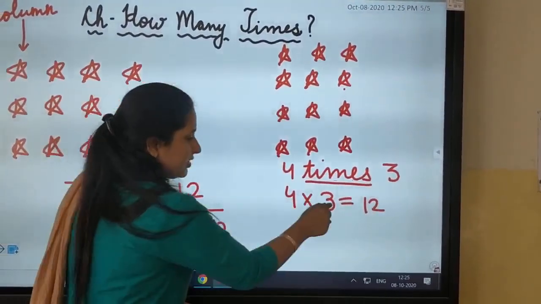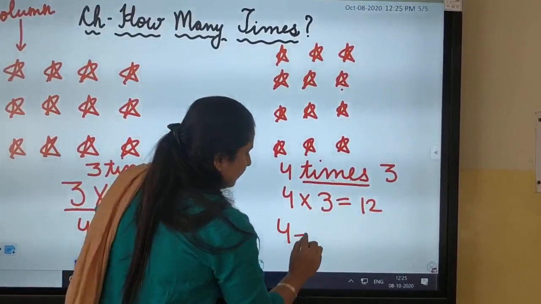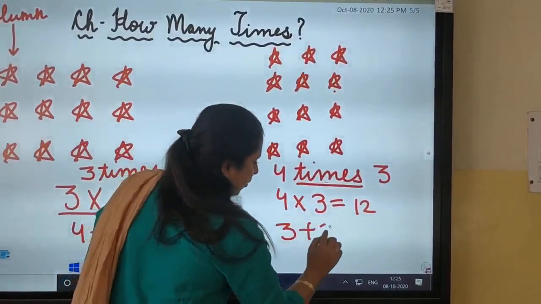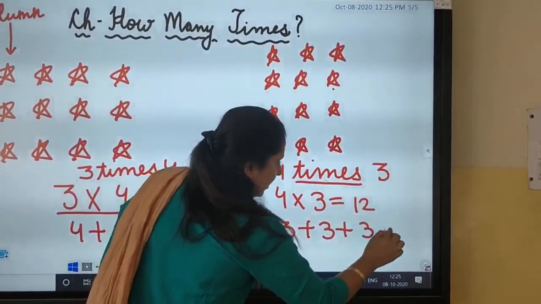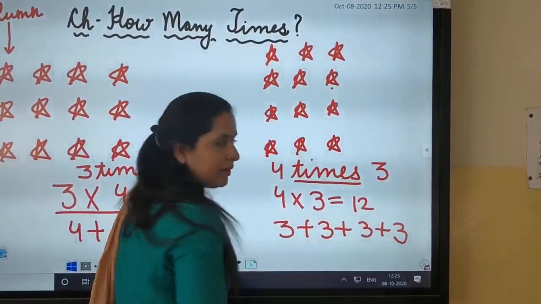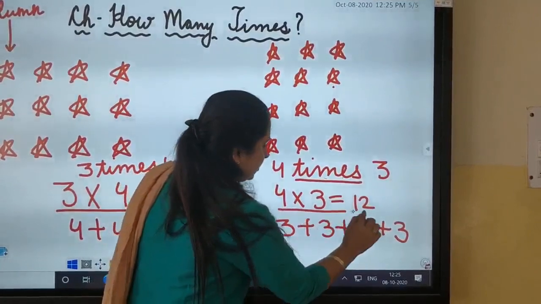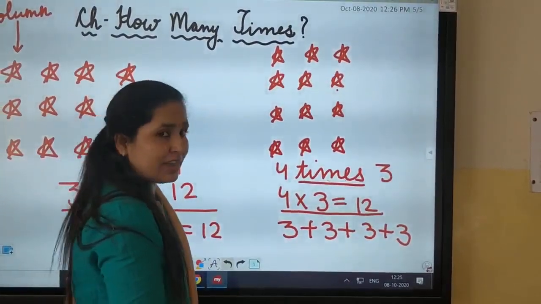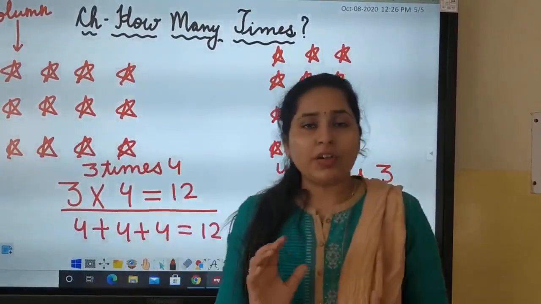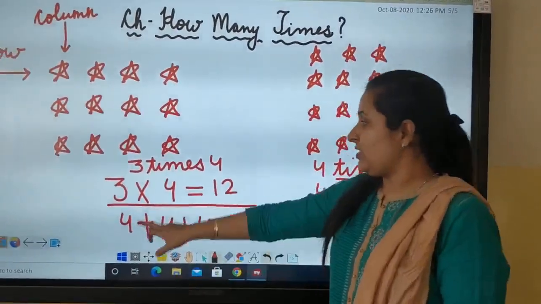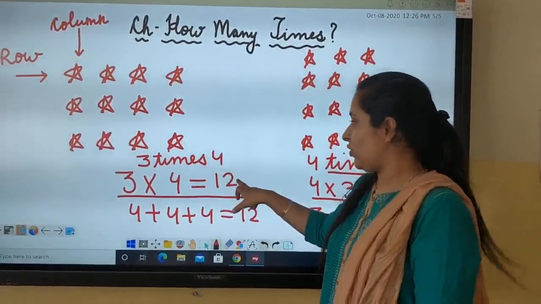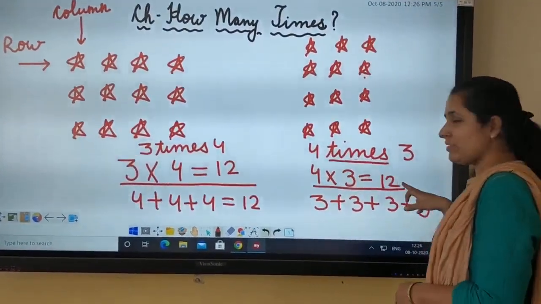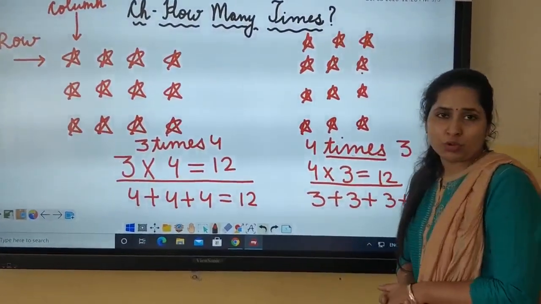Yes children, what is the meaning of this? 4 times 3. It means we would write it like this, but instead of using the plus sign, we are using the multiplication sign and finding the answer. 4 3s are 12. So I hope you have understood the difference. This was 3 into 4, the answer was 12. And this is 4 multiplied by 3, again the answer is 12. The answer is the same in both cases.